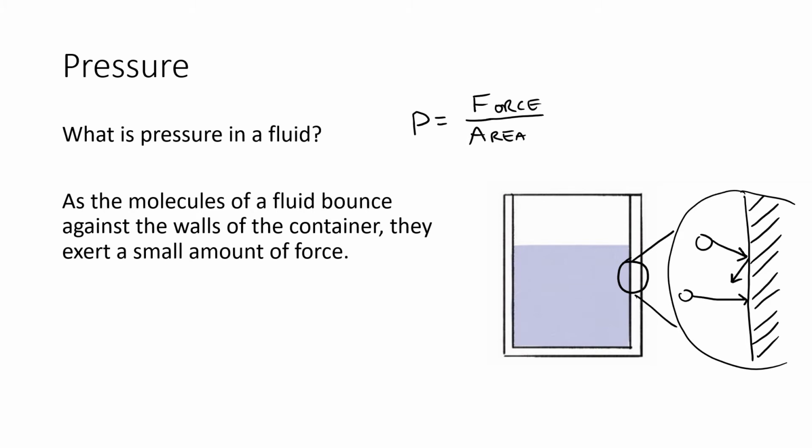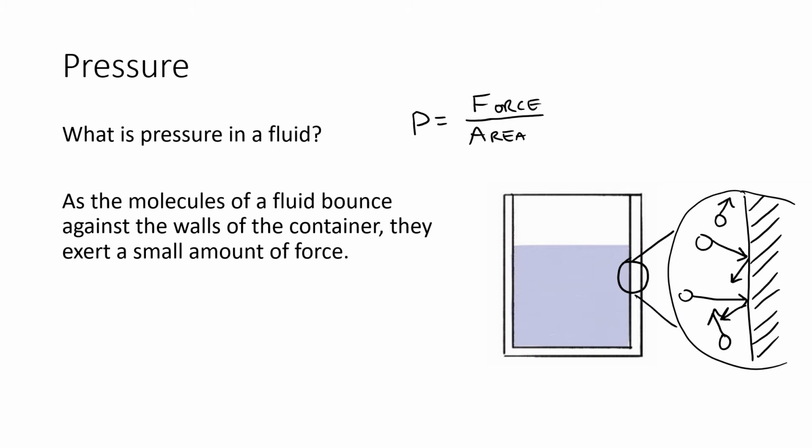Maybe this one goes like that, bounces off that way. You know, they're going every which direction. So add one more. And every single one of these little collisions, they're just very tiny little collisions against the wall of the container